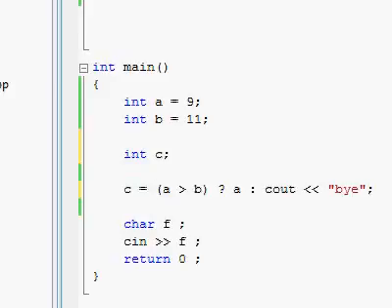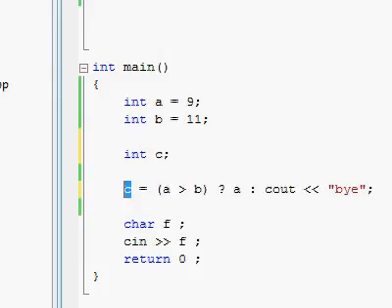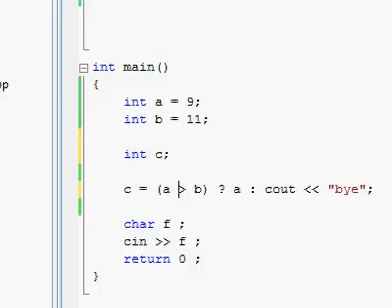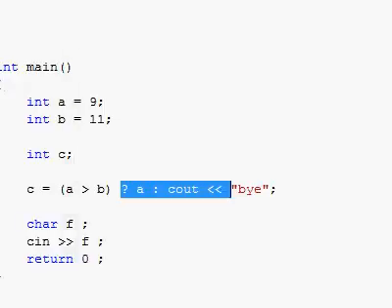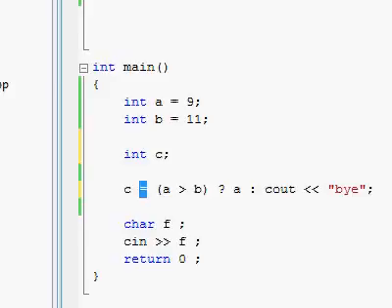Because let's remember, what does the assignment operator do? The assignment operator will take whatever is on the right and try to put that into whatever is on the left. But what's on the right over here is a pretty complex operation. But actually this complex operation will give us an actual expression after it's done doing its calculations. So first it has to do its calculations. Is a more than b? If a is more than b, then this is the expression that's going to be given to the assignment operator.